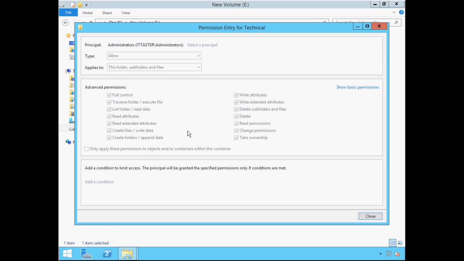And remember, permissions can be applied to files as well as folders, and the permissions have different meaning depending on whether they're applied to a file or folder. A detailed description of each file and folder permission can be found by searching Microsoft's website. I'm going to cover some of the most common permissions in this video, but I'm going to stick with using standard permissions.